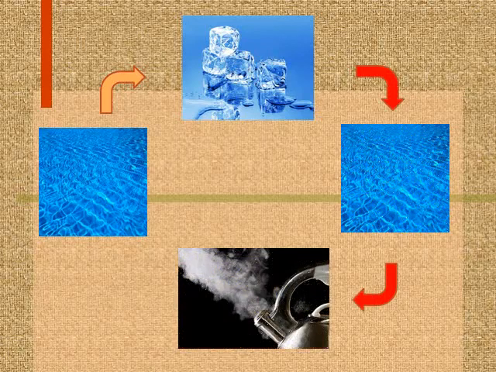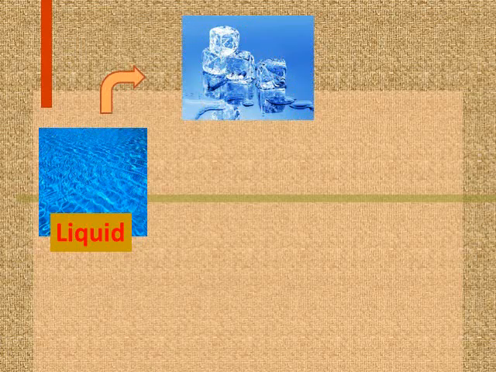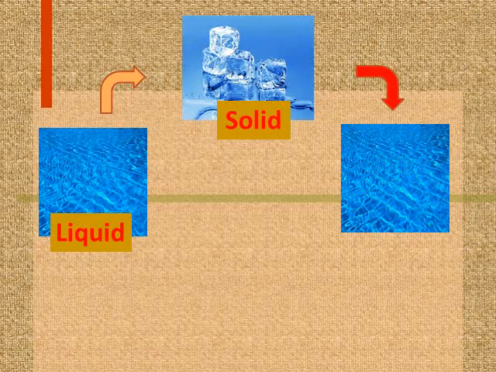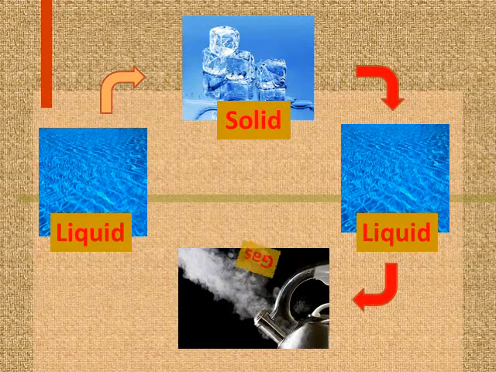Look at this diagram. In this diagram you can see a substance is changing from one form to another form. And if you remember in our last topic, we discussed that one substance can change from one form to another form. Like in the first one, the liquid is changing to solid, and then solid is changing to liquid again, and then liquid is changing back to gas, and then gas is changing back to liquid. So this diagram explains that one substance can change from one state to another state of matter,